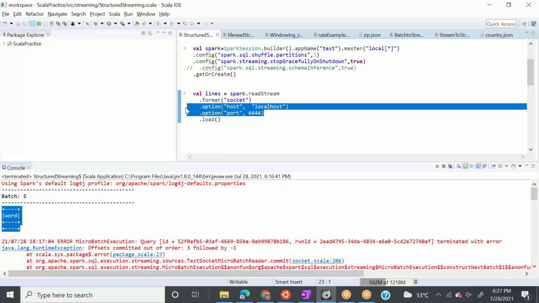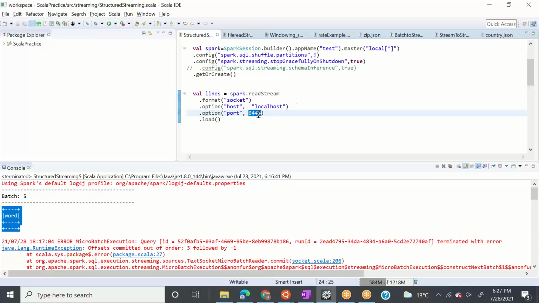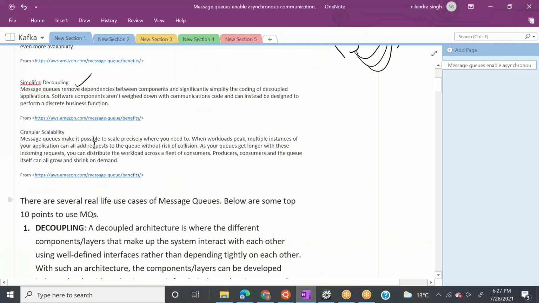It means there is a one-to-one dependency between my source and the destination. If this port is lost or stopped, then my whole application will stop working. There is no redundancy, no fault tolerance, right? So what a messaging queue provides is decoupling, security and fault tolerance.